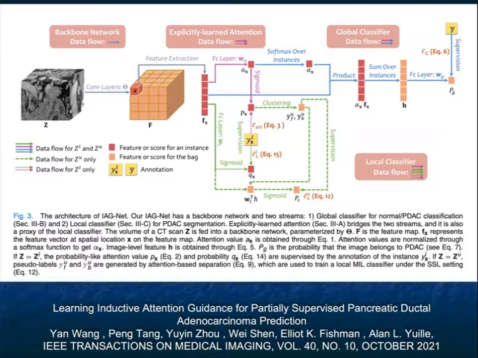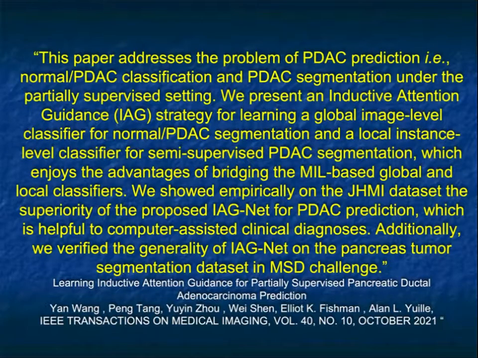The architecture keeps changing, keeps evolving, but it's being trained with more data, more problematic data, smaller cases, trained not only with pancreatic adenocarcinoma, but neuroendocrine tumors and a range of cystic lesions, and trying to have it learn all of this information. In this paper, the paper addresses the problem of predicting pancreatic adenocarcinoma,